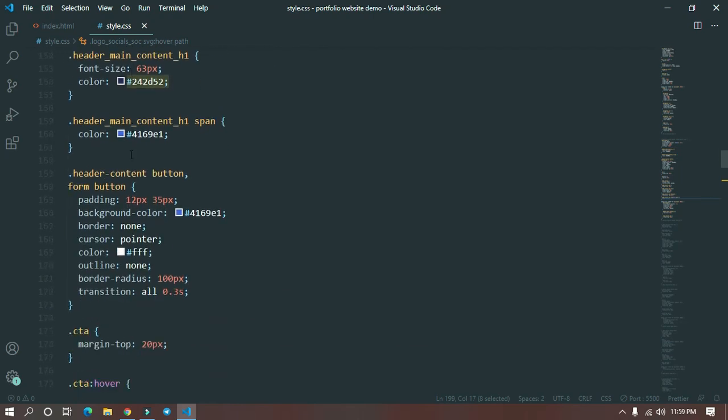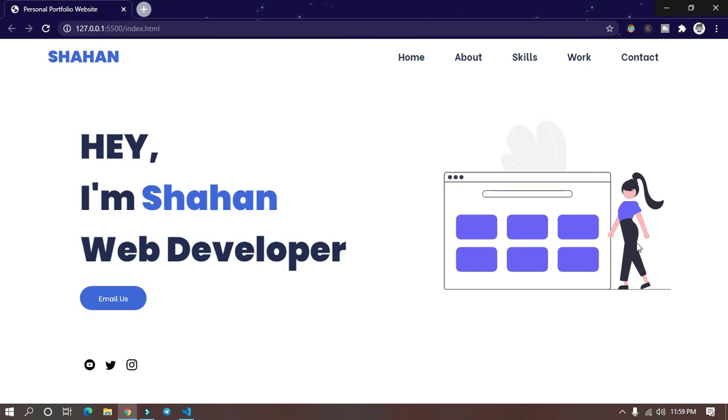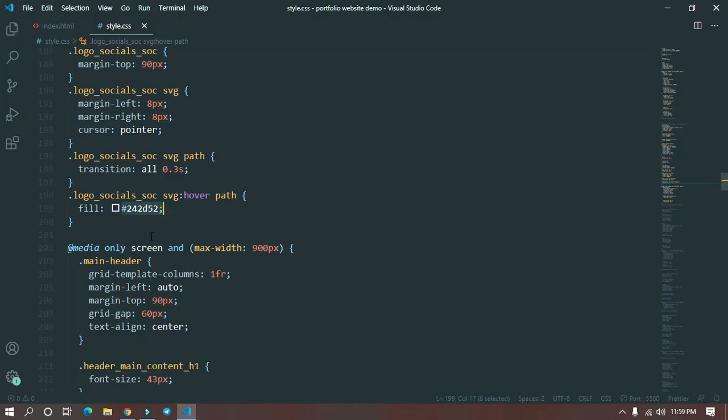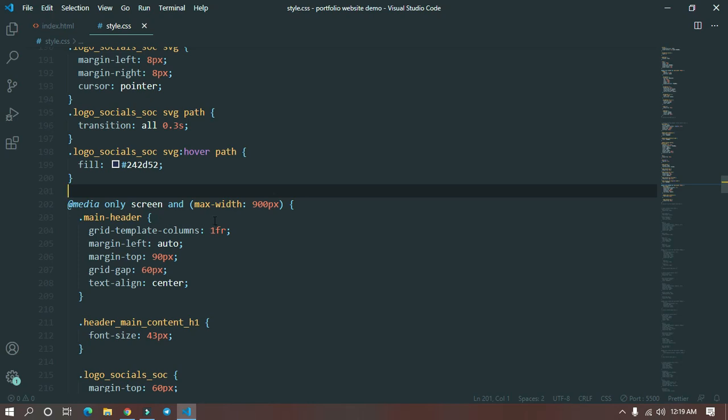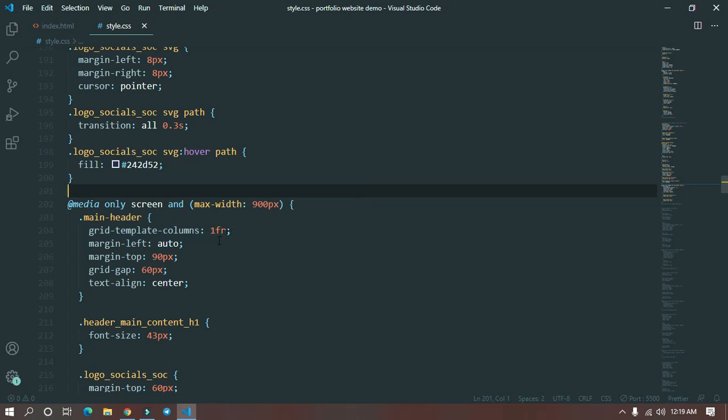This is all the code for this section for the desktop. Now we will explain the mobile code for the main header section. For mobile, below 900 pixels, the main header grid-template-columns should be changed to 1fr.